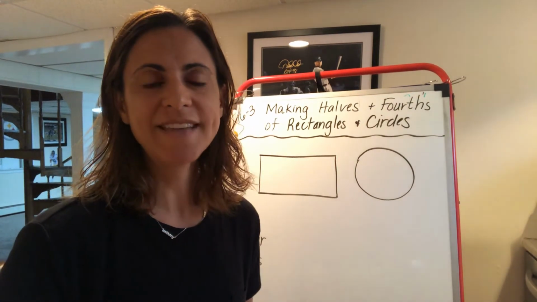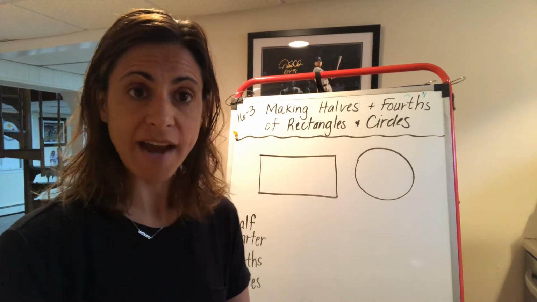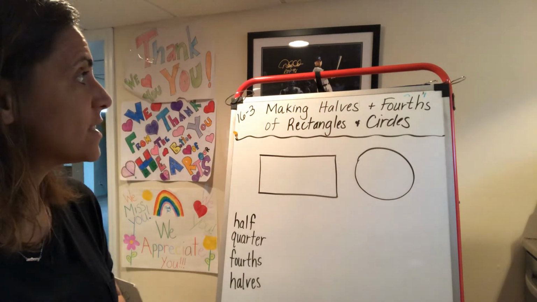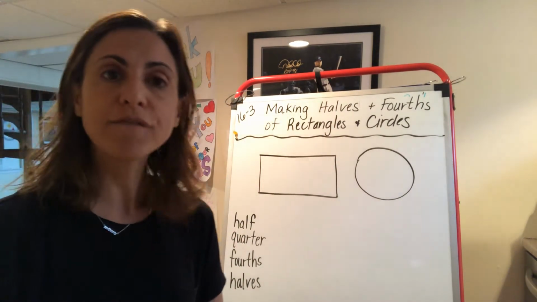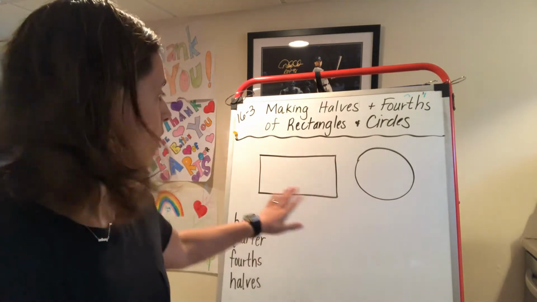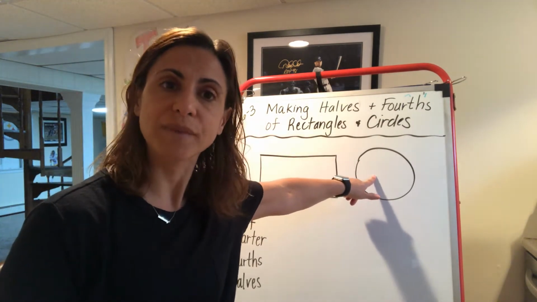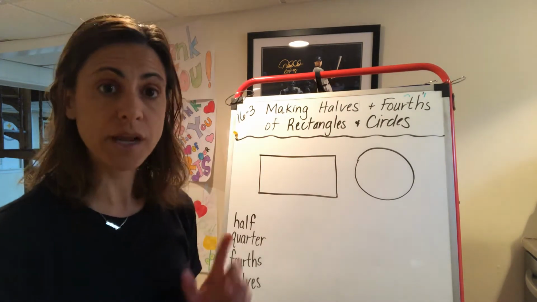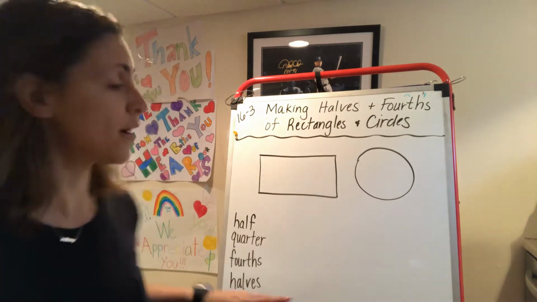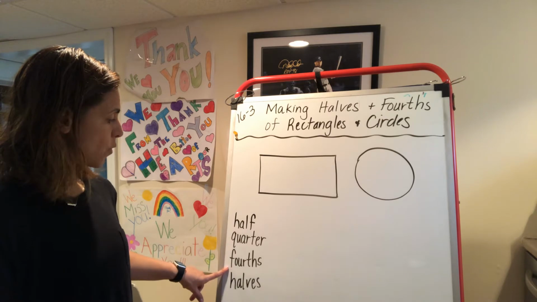Hi guys, it's Wednesday and it's time for our 16-3 math lesson for fractions, and it's called making halves and fourths of rectangles and circles. So the two shapes that we're going to be practicing with today are the rectangle, which we all know, and the circle. Okay, some vocabulary words that you're going to hear me saying throughout this lesson are half, quarter, fourths,